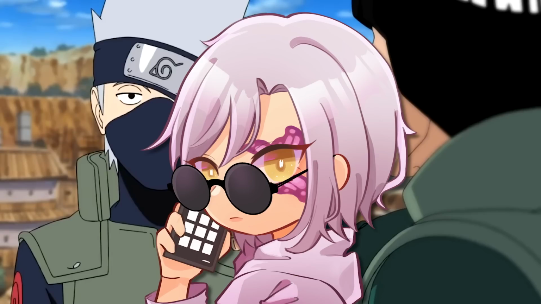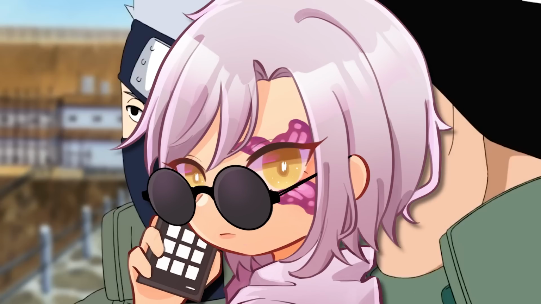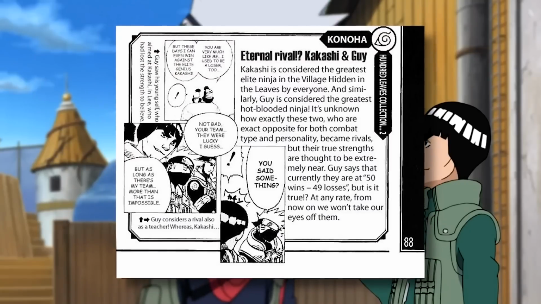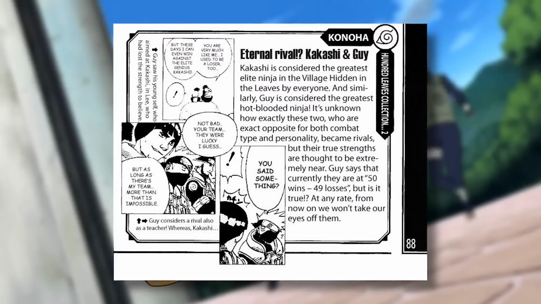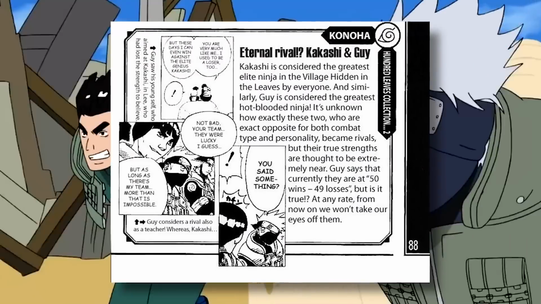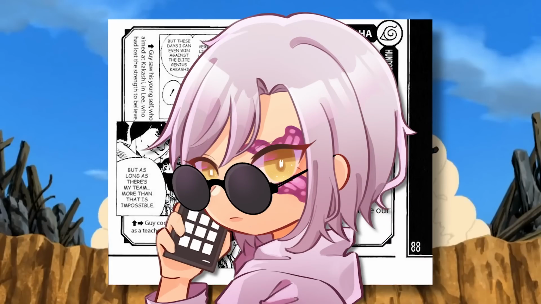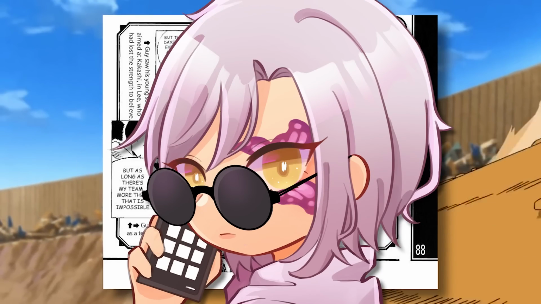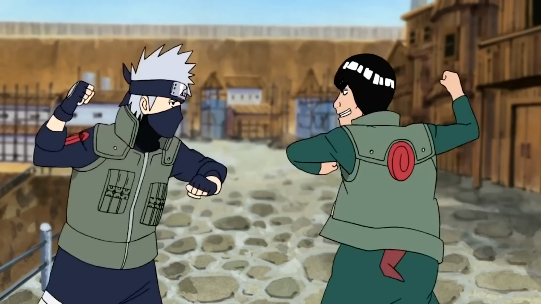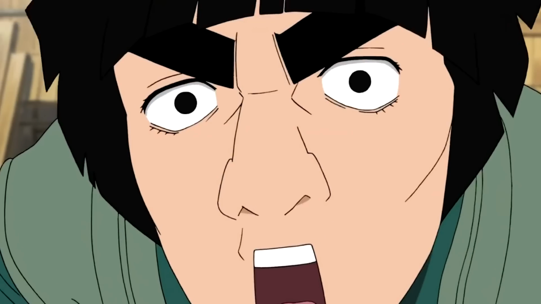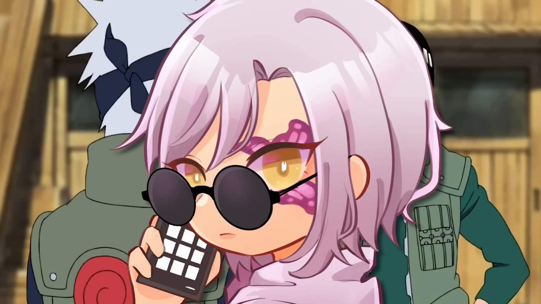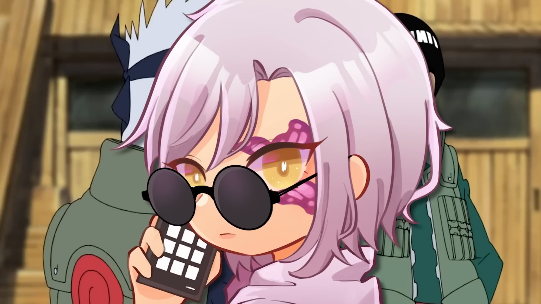Side note, Sasuke hasn't actually seen Kakashi move at full speed by this point, so it's not too important of a statement for Guy. But according to Guy, when it comes to him and Kakashi, his matches, he's currently up 1 in the wins department. Although this doesn't really have any meaning since we know that some of the matches they take part in are like rock, paper, scissors matches and things like that. But I'm going to be going over most of the forms of Guy versus Kakashi here, at least the ones we see specifically on screen.